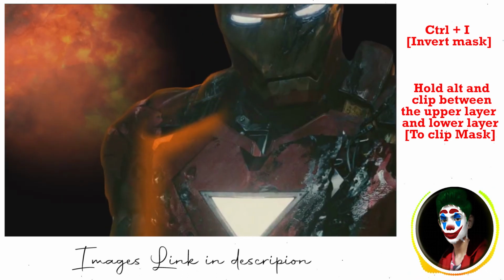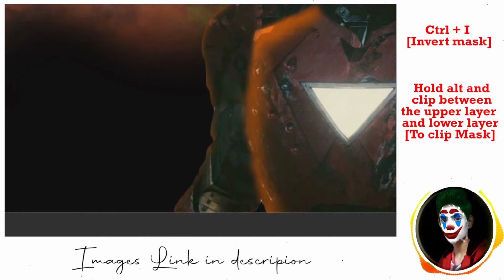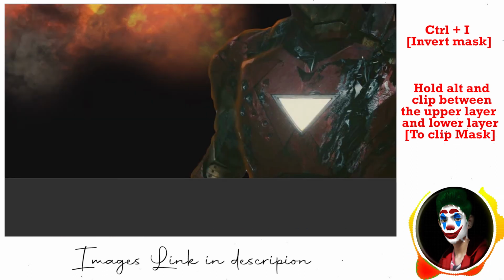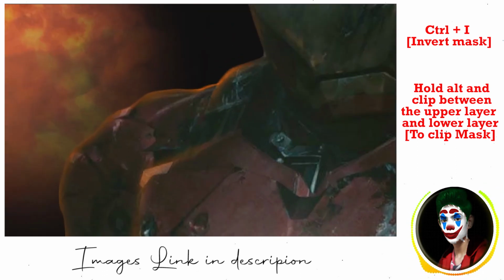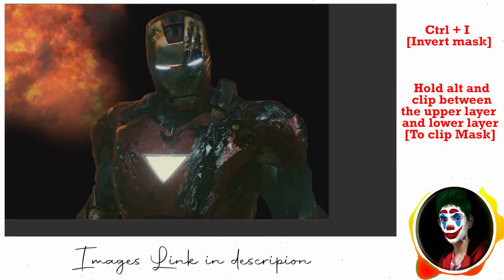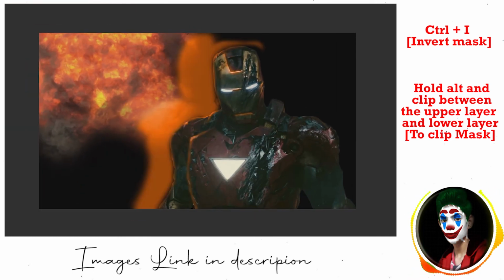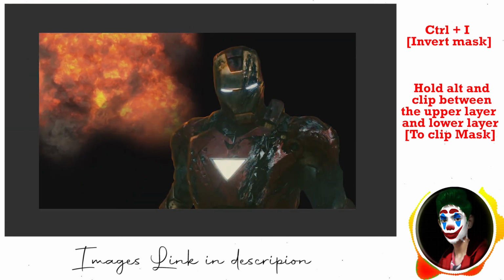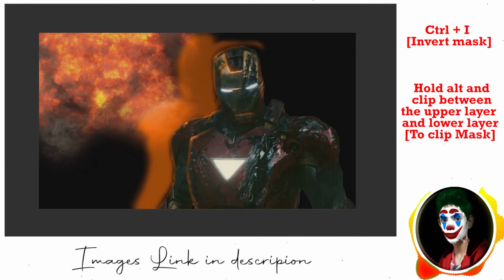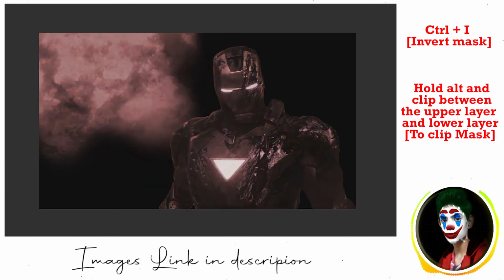Next, start painting on the areas. You have to check whether it is white or black. If the adjustment layer shows up in white, then you have to paint in black to add areas and white to remove areas. And if the adjustment layer is black in color, you have to paint with a white brush and erase with a black brush, because you have inverted it, and that's what shows up.